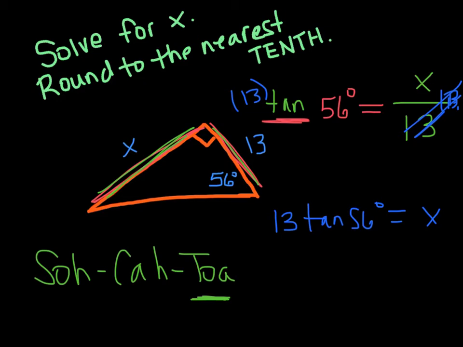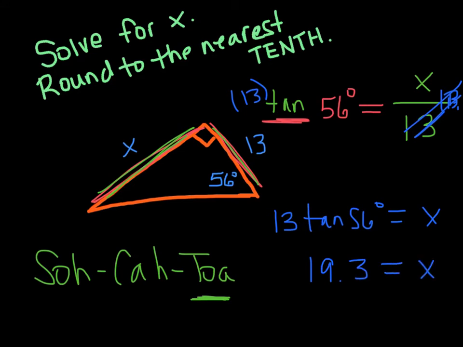So I have my scientific calculator here. I'm going to enter the number 13. I'm going to push the tangent button, and I'm going to push 56 in parentheses. I'm going to look and make sure it says degrees, which it does, and equals. And I'm going to round to the nearest tenth, so mine says 19.27 and it goes on. So rounded to the nearest tenth would be 19.3